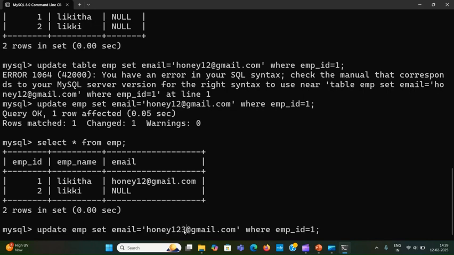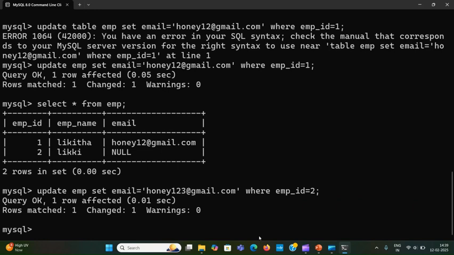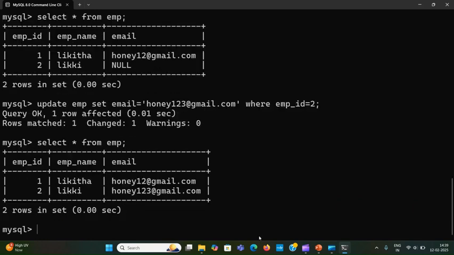Okay, for example, you want to add one more. Here employee id is 2. So add it. So by using the update command, we are adding the information to the